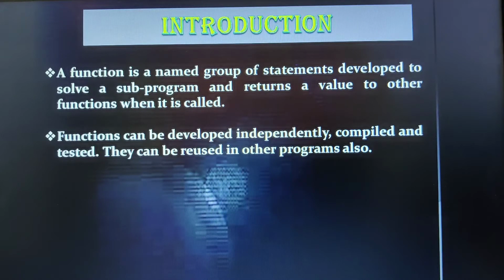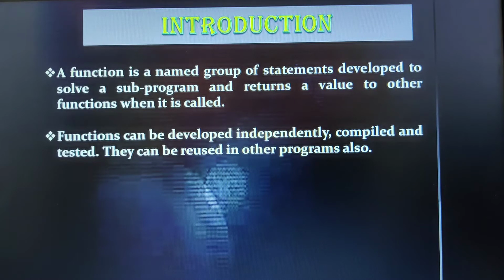Function is nothing but a named group of statements which has been developed to solve a given subprogram, and it returns a value to the function when it has been called. If you remember the diagram when I was explaining the procedure programming, the main program was executing. At a certain point of time, it encountered a function call known as sum.